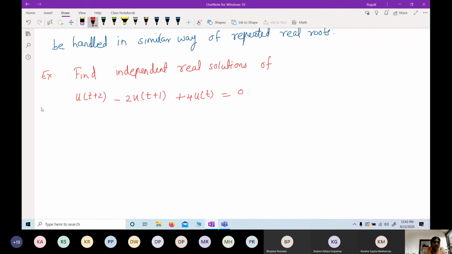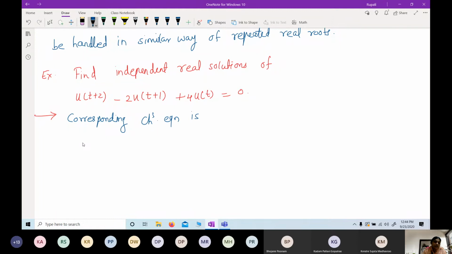So what is the order of this difference equation? 2. Yeah, so it will have a maximum of two distinct real roots. If complex, then one pair of complex roots. By solving the characteristic equation, we can come to know whether it has distinct real roots, real repeated roots, or complex roots. Okay, so the corresponding characteristic equation